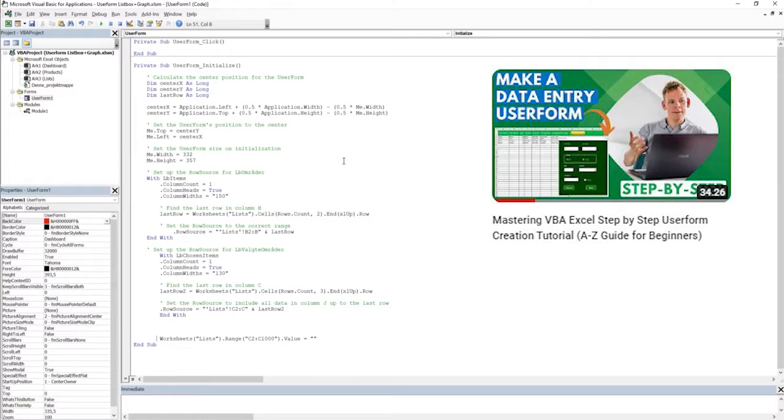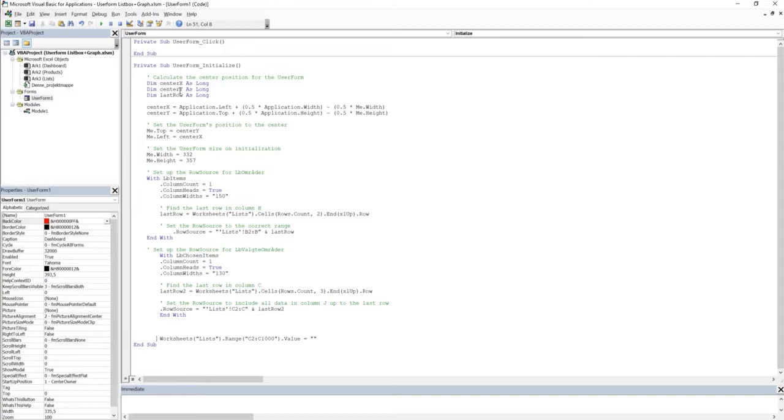We dim center X, center Y, and the last row, all three as long, and we basically set it in the middle by multiplying the size compared to the height and the width of the application, and position it in the center. And then we use this width and height for the user form, which is a good size for this user form. And then we have the list box here, list box items, which is with one column, and it's true that we have the headers,